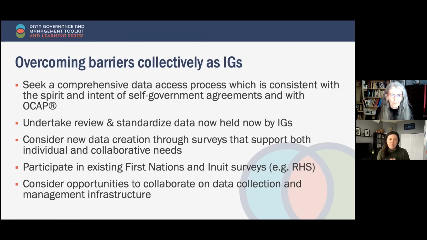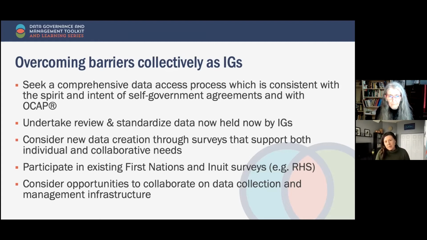The other thing to do is consider the possibility of surveys amongst the IGs collectively, right? We could work up some sort of high-level survey that would enable each IG to access and collect data that matters to them on local indicators, but also allow for some infrastructure that's shared across. Again, thinking cost effectiveness here, and the limitation, like there's not that many technical experts working in this space, so we might as well try to work as a group.